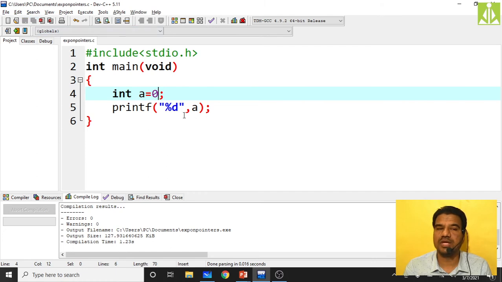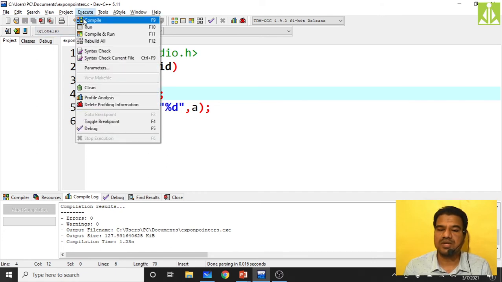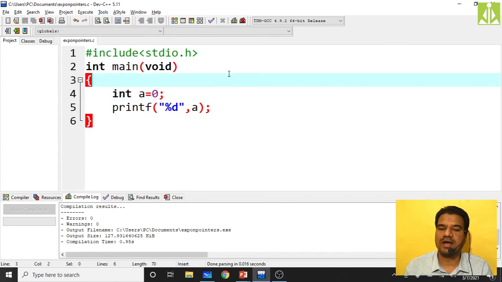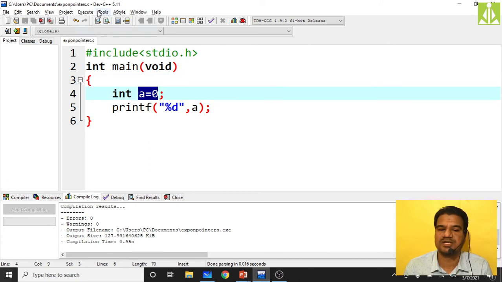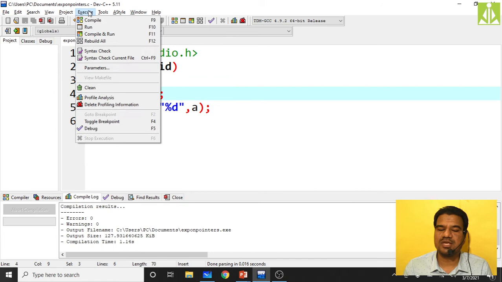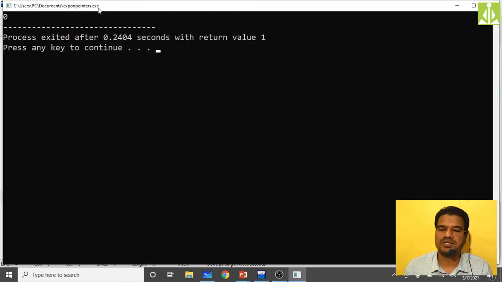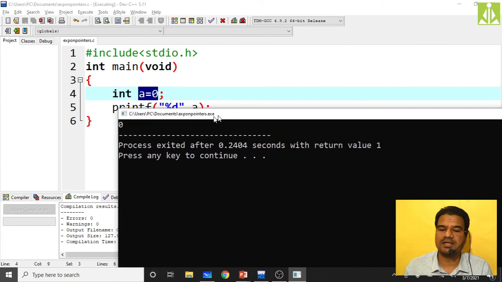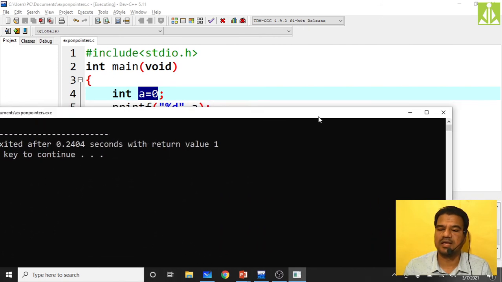Now there is no possibility of getting a garbage value even in a traditional compiler. When you compile and execute, you will get 0 only, because we specifically did the initialization to 0. So now we understand why it is getting 0.